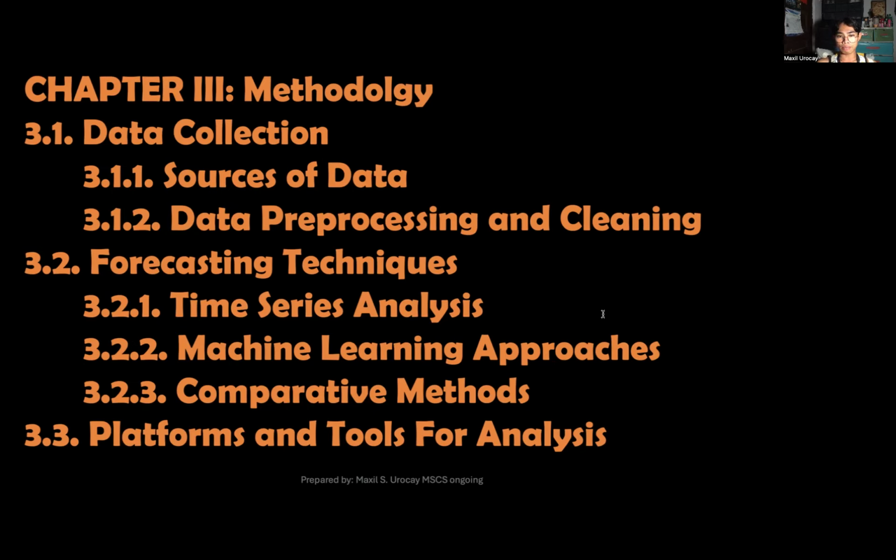And after that, for 3.2.3, you have to describe how you will compare the performance of different models using metrics like mean absolute error, or the MAE, or the root mean squared error, or the RMSE, and the R squared. They are actually the metrics used to evaluate the performance of regression models. So you have to mention right there how you will determine the best performing model and provide justifications, of course,